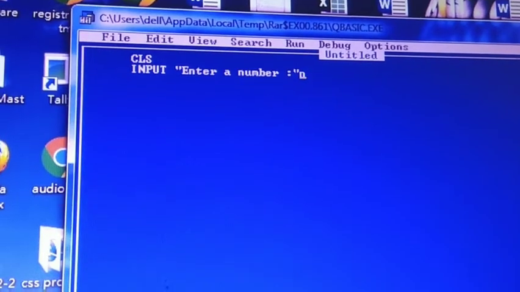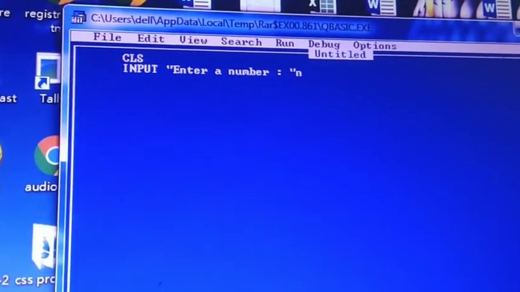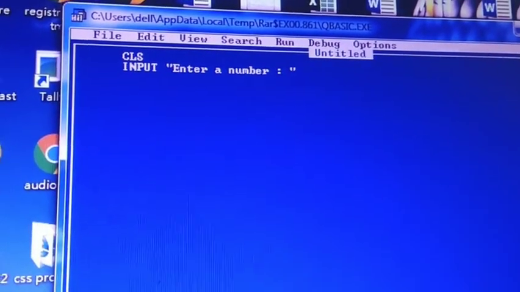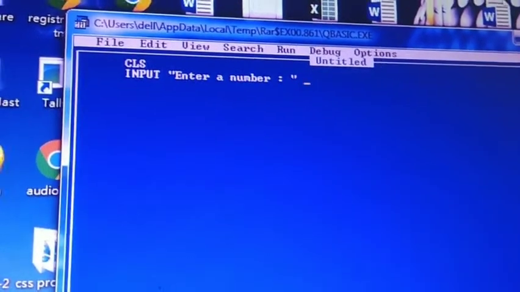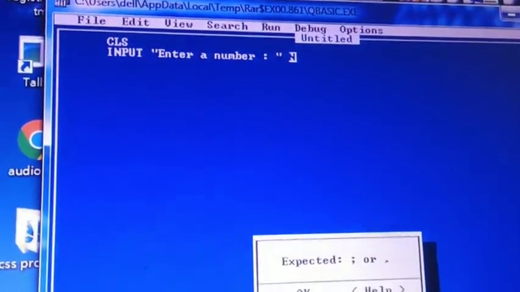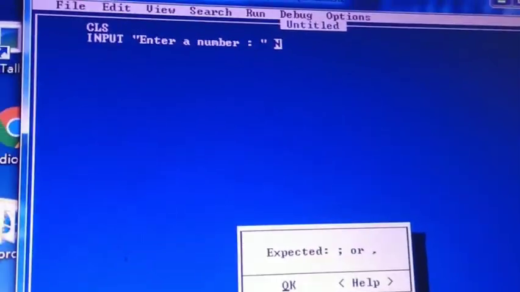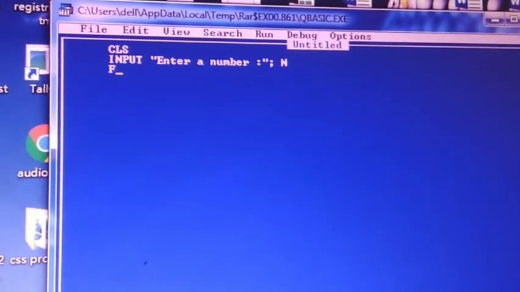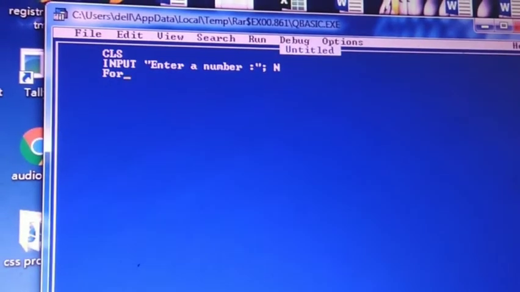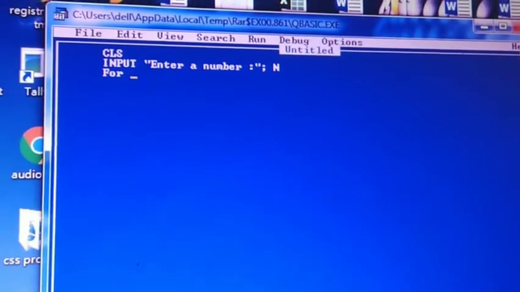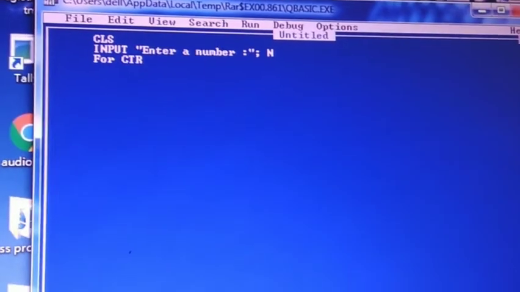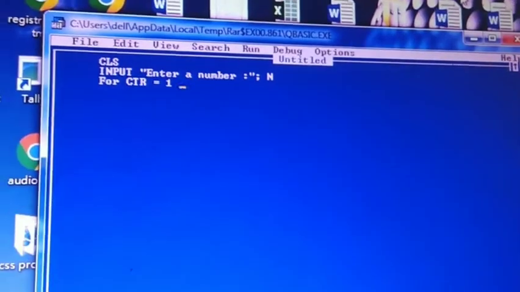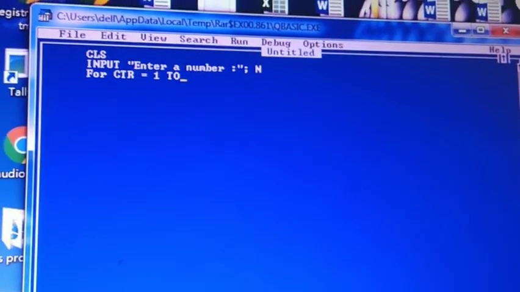Then after that, students, give a space. Then press enter. Then write the next line FOR, and CTR, then equals, space, run from 1 to 10.